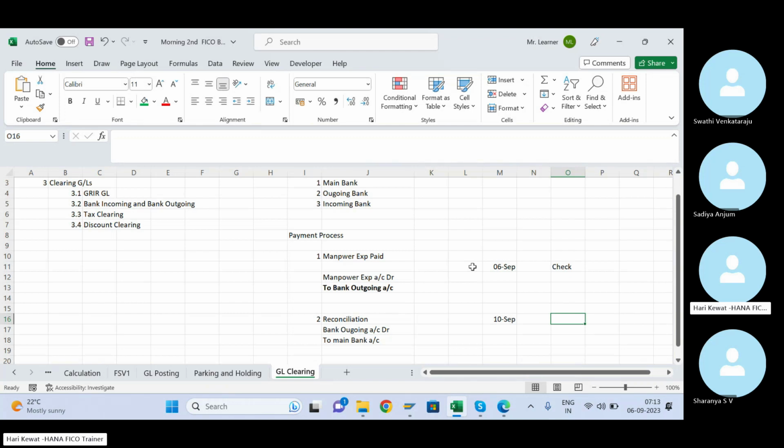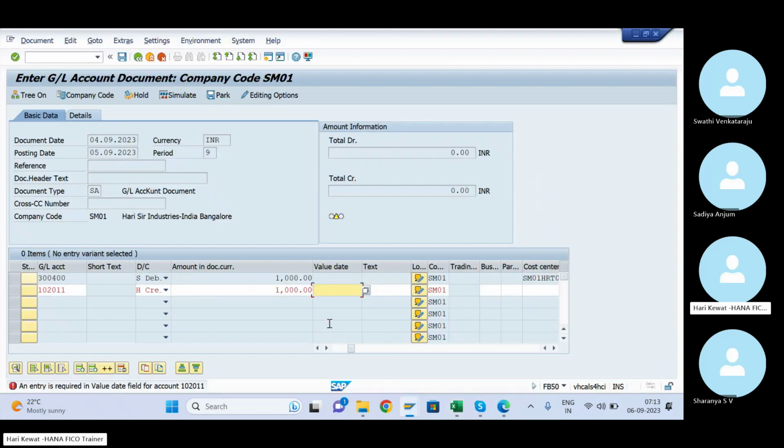They will not consider it, because the effective validity date starts from here. So this date is known as the value date. Whenever you use the bank GL, entering the value date is mandatory. You can make it optional, but generally you have to make it mandatory. Value date should and must be entered in the bank GL.